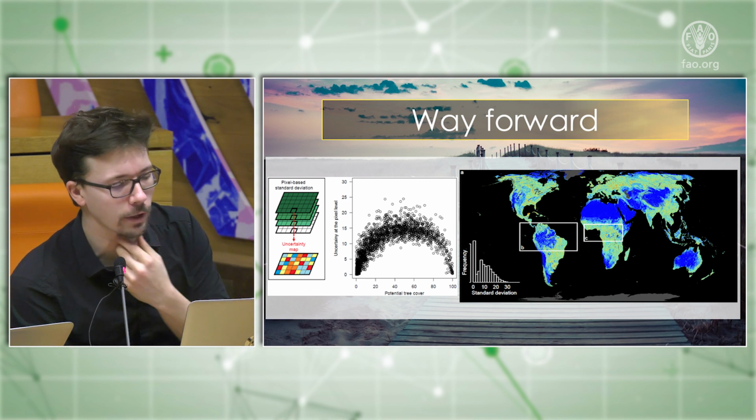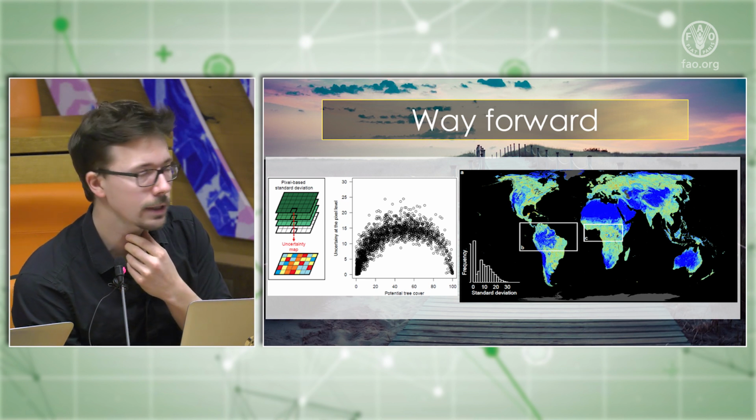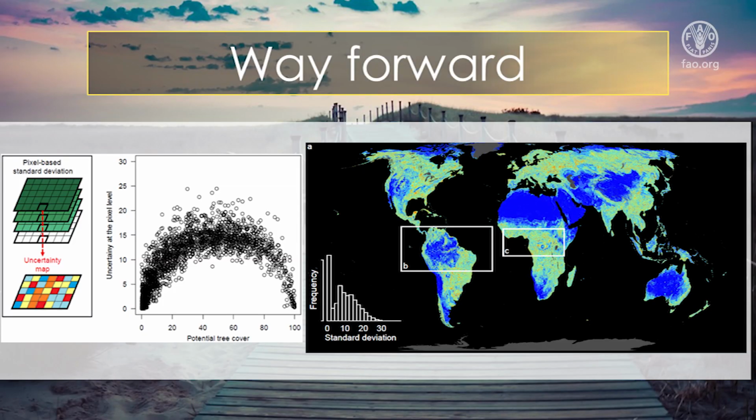I'm actually now developing research based on the work that we did. For those who read it in some detail, you know that we developed an uncertainty map. We basically split our original data into several subcategories in order to generate several maps of restoration potential with different values. By superposing all the maps, we were able to calculate the standard deviation per pixel, so the variation of the prediction, basically. This gives us the uncertainty.